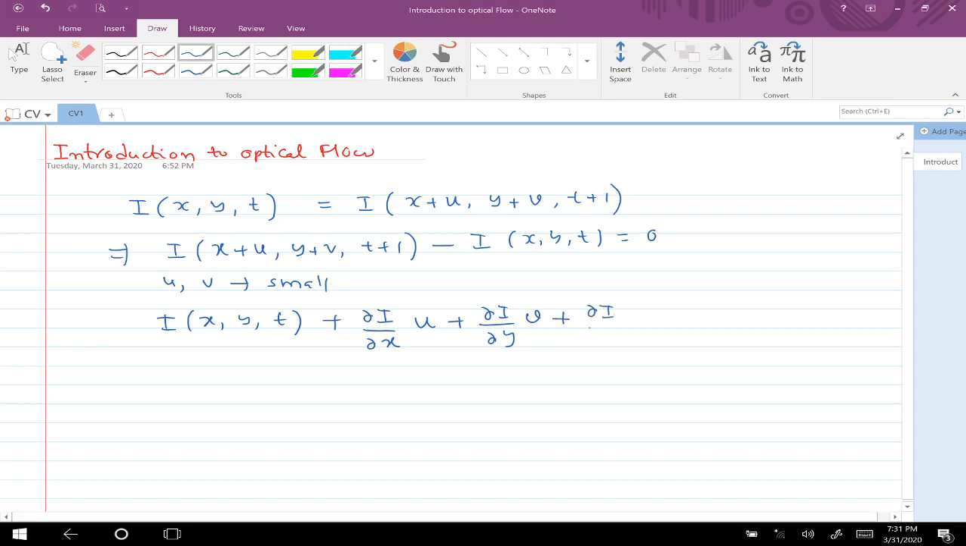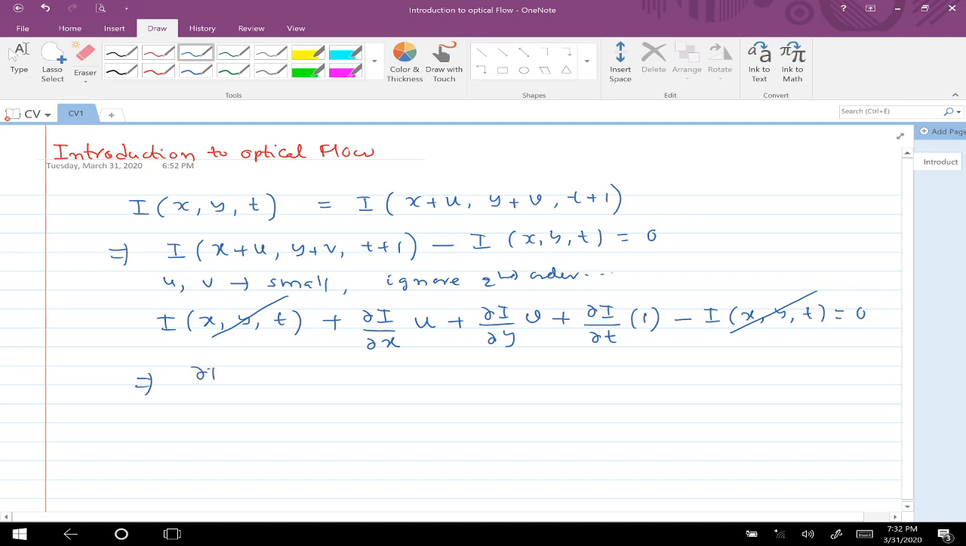So then I could write it as ∂I/∂t times (t+1−t), so that's 1. This is the first term, minus I(x, y, t) equal to 0. And of course, ignoring higher order terms, you are also ignoring all the second order terms. So that's what would happen: these two would cancel out. It would give you now